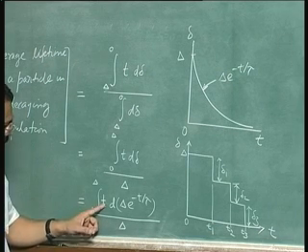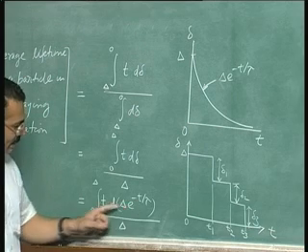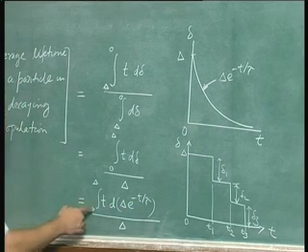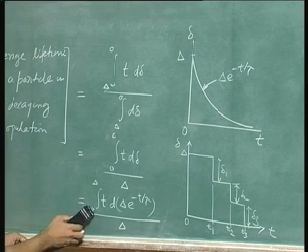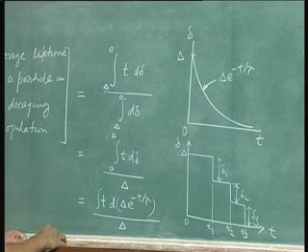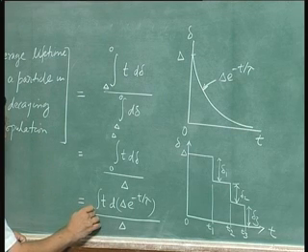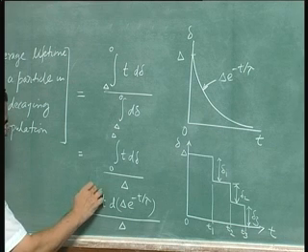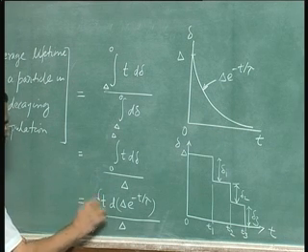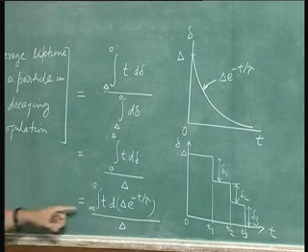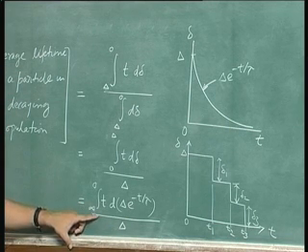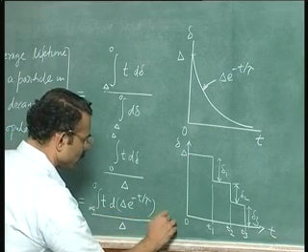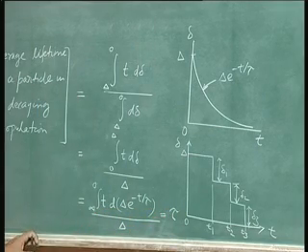Since this is a function of t, what you should do is that finally you will get this also as a function of t, and when you do the integration, you will have to change the limits: delta equal to 0 corresponds to t equal to infinity, and delta equal to capital delta corresponds to t equal to 0. So this is the equation, and one can show that this is equal to tau. This is left to you as an exercise to show,